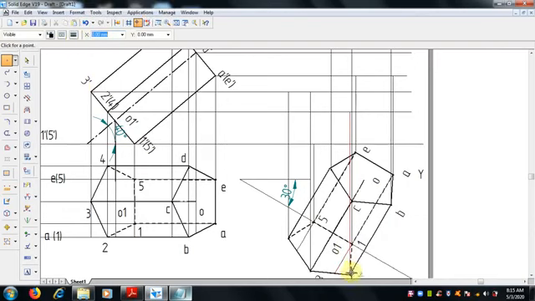So where 1 is coming here, this is the intersection area where 1 lies. 2, 3 will end up here.